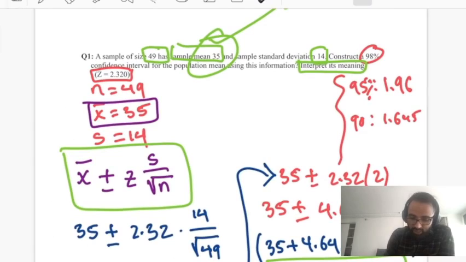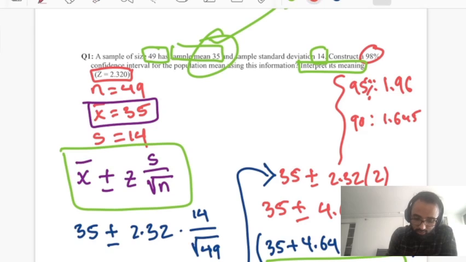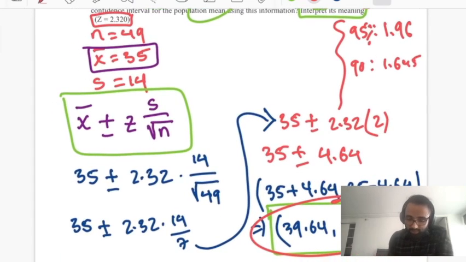And just a real quick recap, we have the sample mean right here. We have the sample size right here. We know the standard deviation as well, and we're to construct a 98% confidence interval, the z-value for which is also given to you. And if you notice this formula really closely, how big or wide the interval that we calculated here is would really depend on the confidence level that you want,